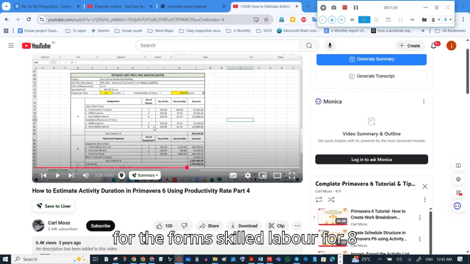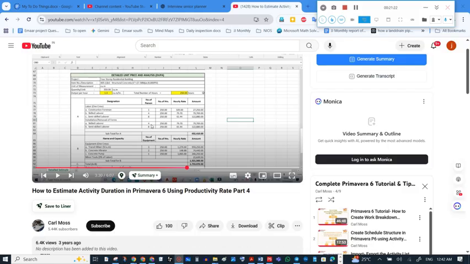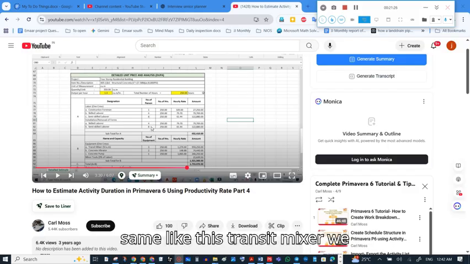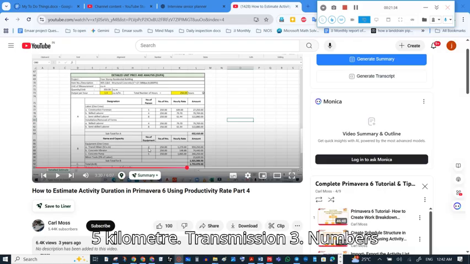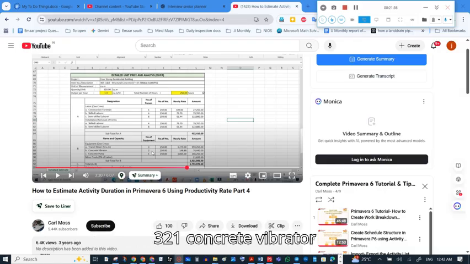And for the forms, skilled labor for 8. Same for hourly rate. Same like this transit mixer, we require 5 cubic meter transit mixer, 3 numbers, 3 to 1. Concrete vibrator to 1 pump. So